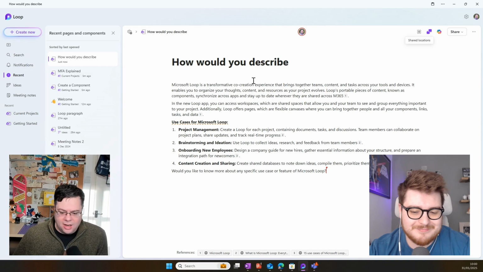Anyway, right, I will stop my screen share there, and I think we shall bring this home, shall we? So I guess one of the things I've struggled with is how I should use Loop versus the other components of M365, right? So to me, using Loop versus using Word is an obvious use case, because if I need stuff to be fluid and constantly updating, like meeting agendas, don't use Word, because you have to go in and out of the document and open Word and blah blah. Loop's just nice, it's there, it's inserted as part of it.